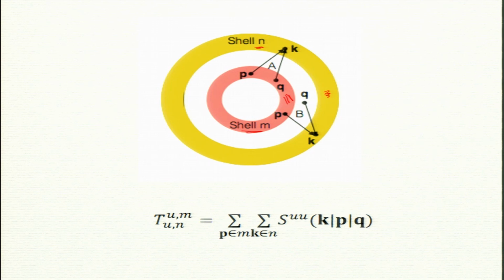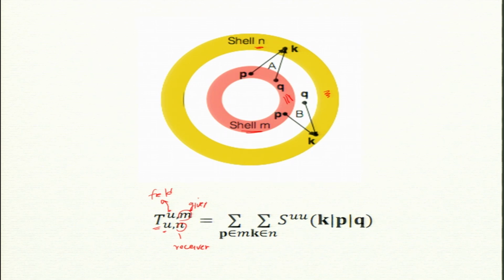So, how do I compute energy going from shell M to shell N? Here the notation is shell-to-shell transfer T, where the giver is above. M is the giver and N is the receiver, and the first symbol is the field. Right now I am thinking only about the velocity field, but when you do MHD then we have the magnetic field. So that is the notation we keep, U is a field. Right now it is U to U, but we want to keep the same consistent notation, that is why we write that here.